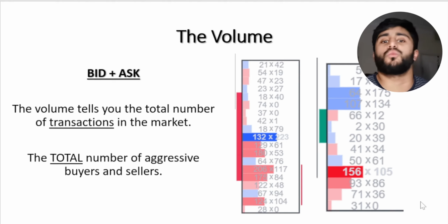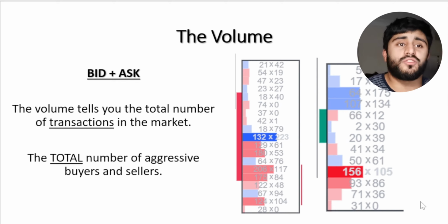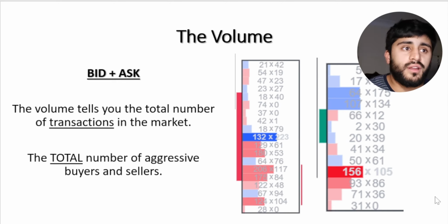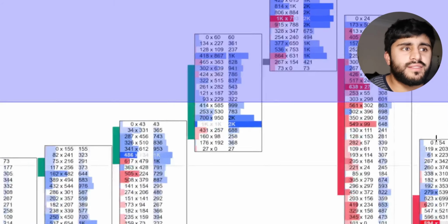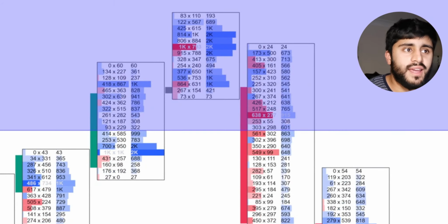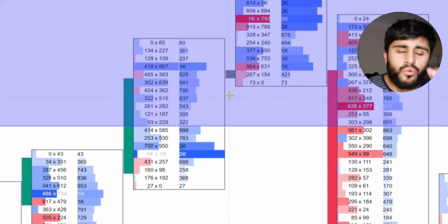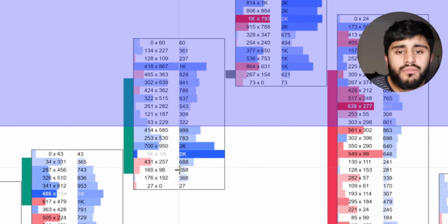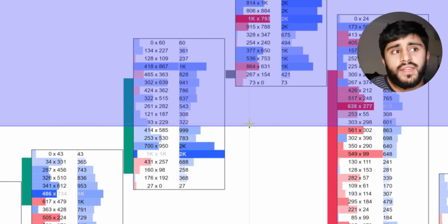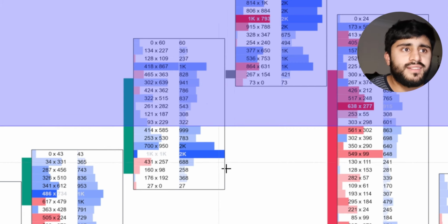And you're not simply relying on wicks and bodies to determine the story of price, because those alone are never enough. But if we look at the volume over here, what we begin to see is very interesting. If we break down this candle, a regular candle will not give you this information, but when you dive in deeper, you can see that a lot of volume is concentrated in the lower half of this candle, right? The upper half has a lot less volume, and you can see that with the profile, right? So the setting I've used over here in the ATAS platform